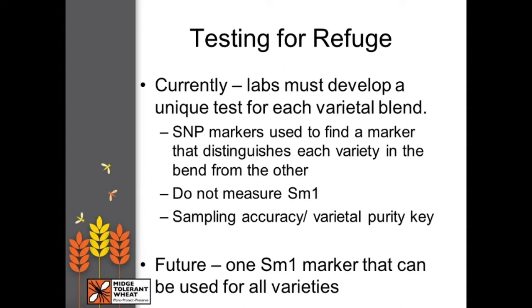So when you're testing for a refuge, every lab must develop their own unique test for every varietal blend. Unfortunately, at this point in time, it's not as simple as, yes, there's 90% tolerant variety, 10% refuge. It doesn't work that way yet. We're working so that in the future there is an SM1 test that could be used by all labs, and just be able to submit your blend and say, yes, it's in range. But right now,